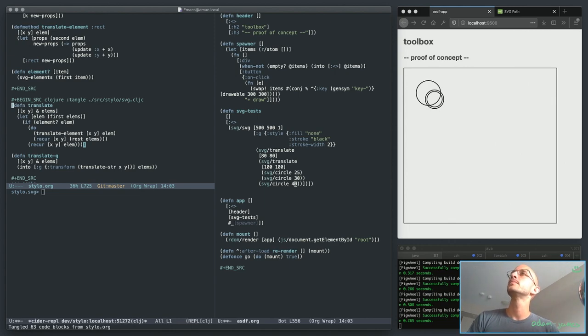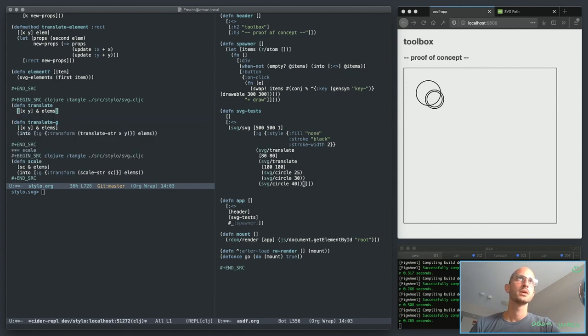All right. I need to make a recursive translate function so that it properly handles this scenario here. And in order for me to do that successfully, I need to really think about what's actually correct here. So we begin with translate. It can take x, y, and any number of elements. So what you need to check, or what you need,